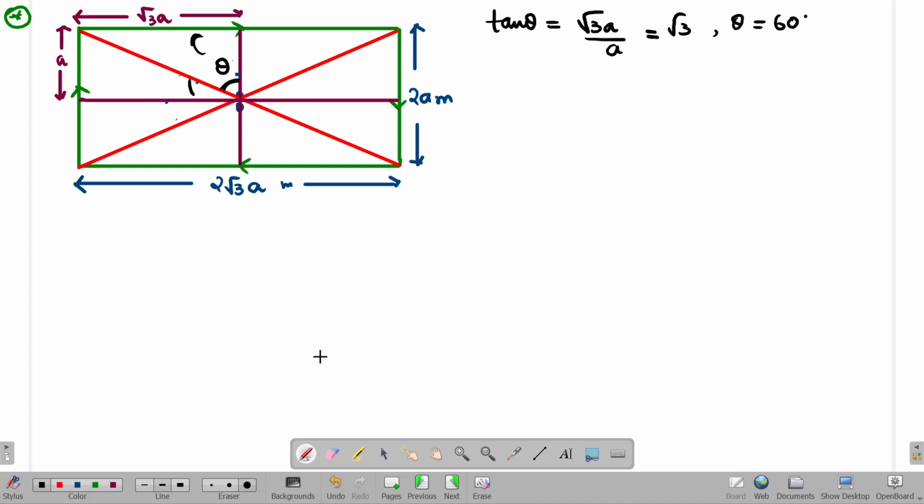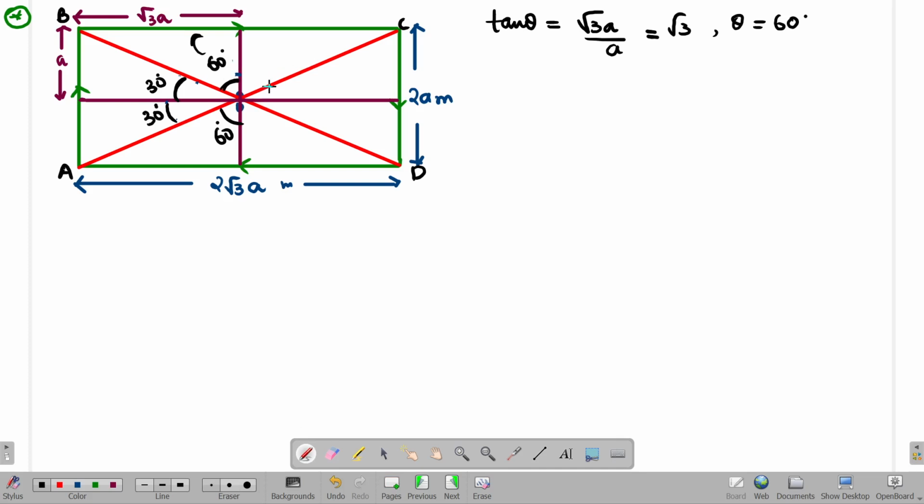So for this, let's suppose I mark it A, B, C, D. So there are four sides. But we can consider two sides together, like C and D, and A and B. The magnetic field strength should be same or not, because they are at the same distance and this angle is 30 and this angle is how much? 30. So this is 60 and that is 60. Is that clear?